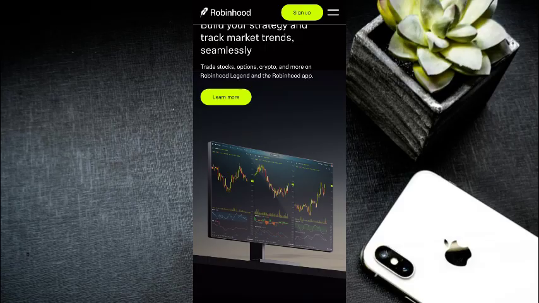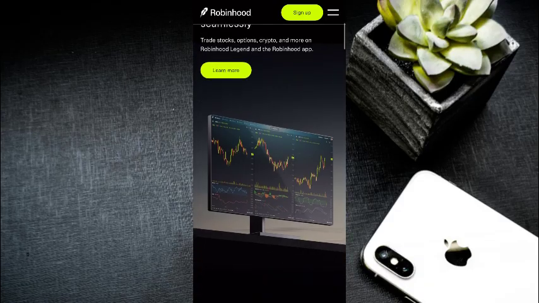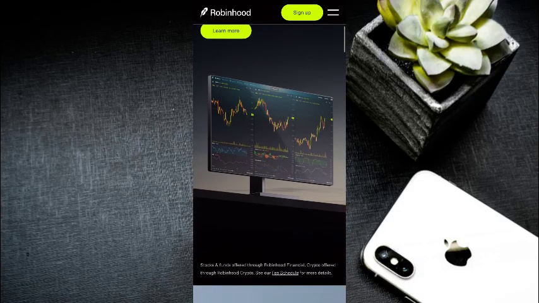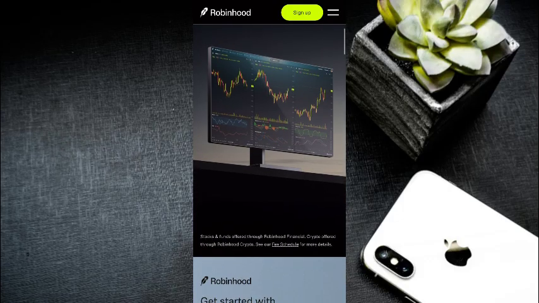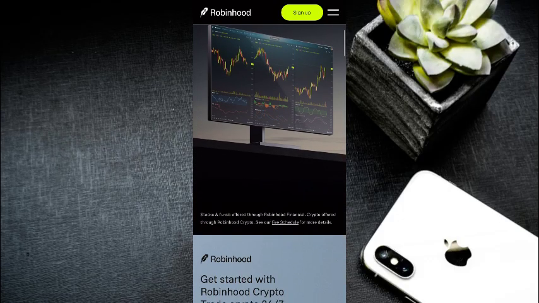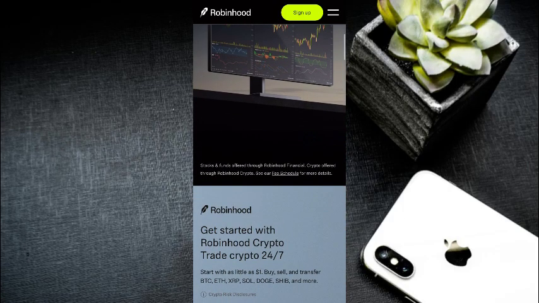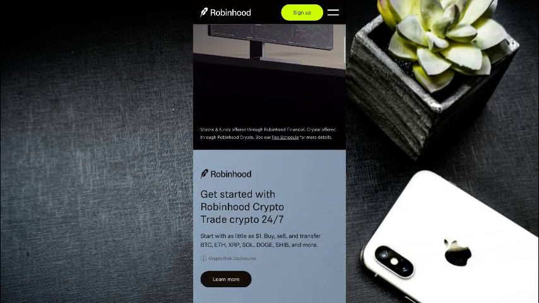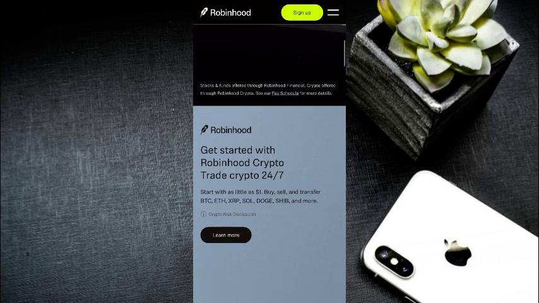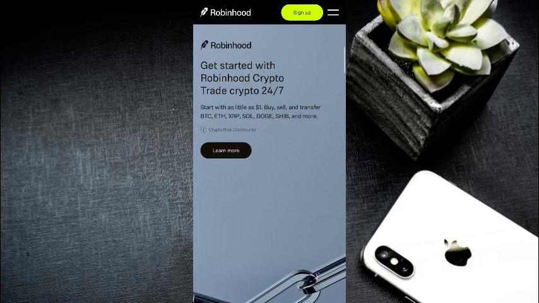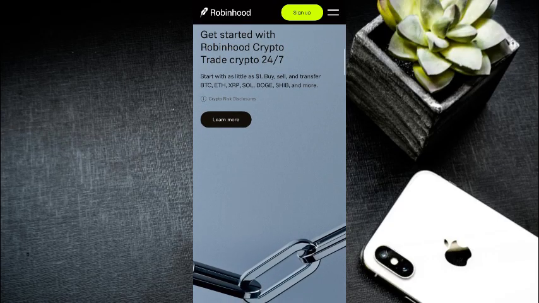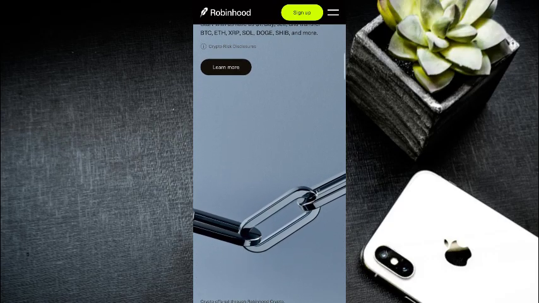Then if you want to find it using the Robinhood app, open the app, then log in into your account on your phone, then tap the account icon, which is the person symbol at the bottom right, then tap the three-line menu or the statement and history. Select crypto statement and choose the statement month you want, then tap download PDF to save it to your device,